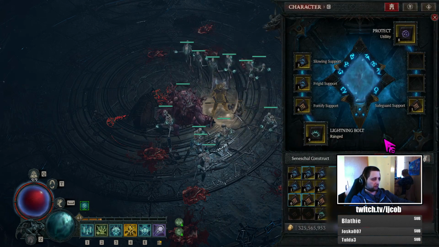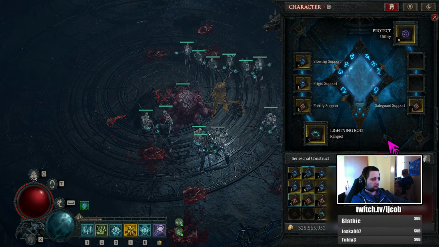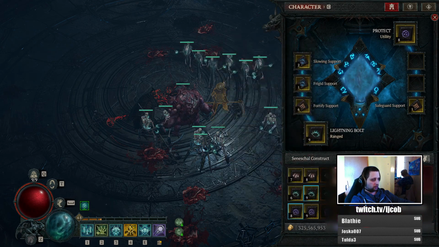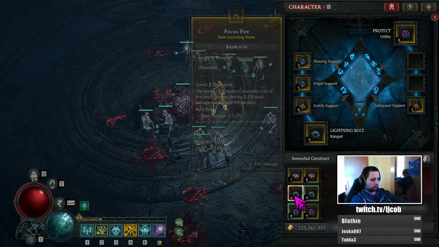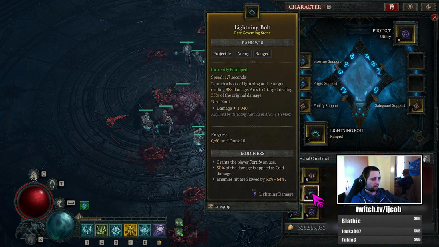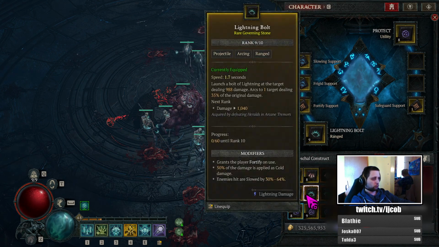Maybe for those of you who are playing on the seasonal server, in World Tier 2 you are not able to get the legendary stones here, so from the basic ones I took Lightning Bolt because it has lower attack speed and it is ranged. I like the ranged more because the minion or the Seneschal does not have to walk anywhere to do its attack, so Lightning Bolt